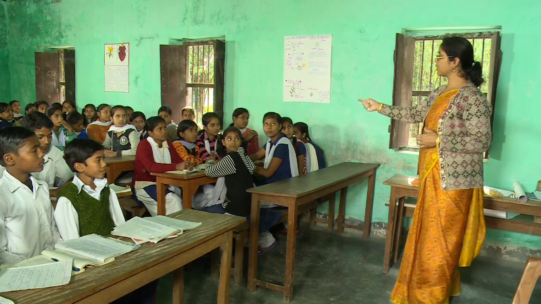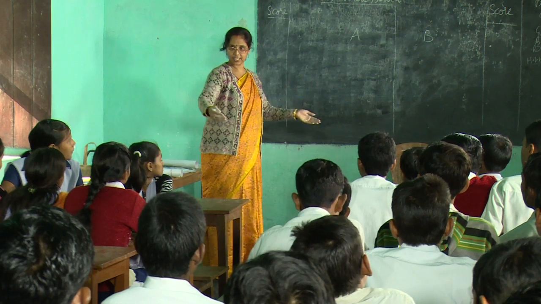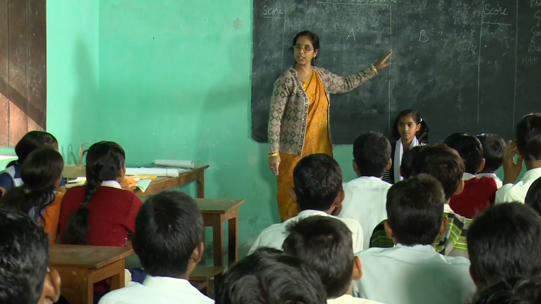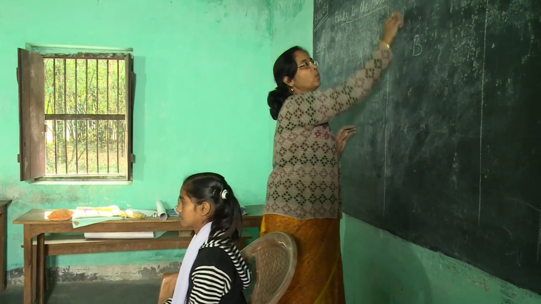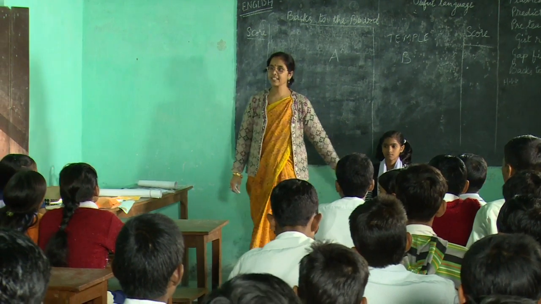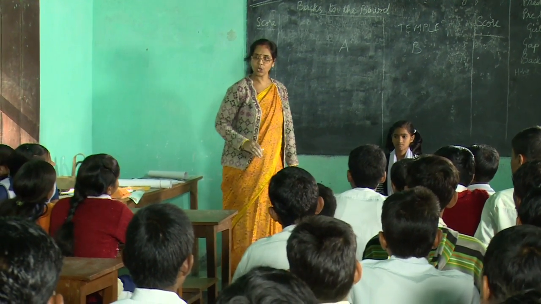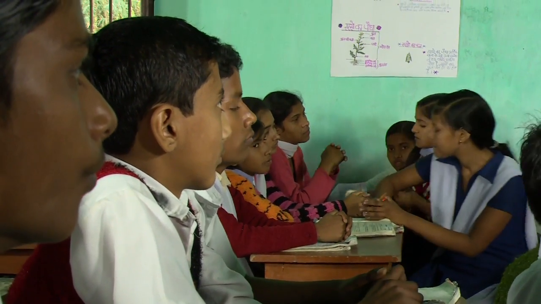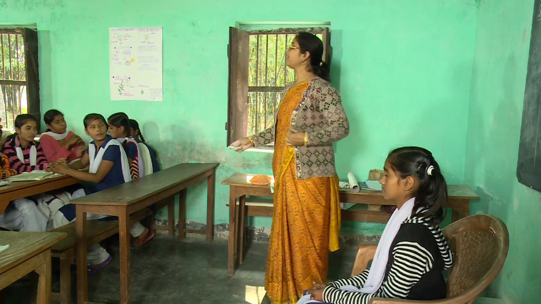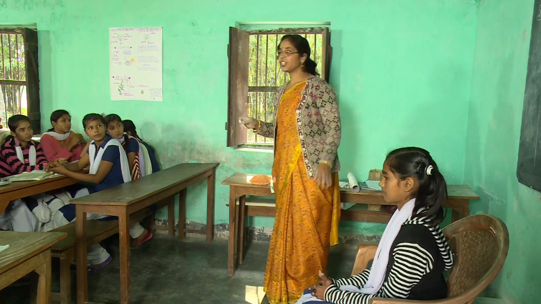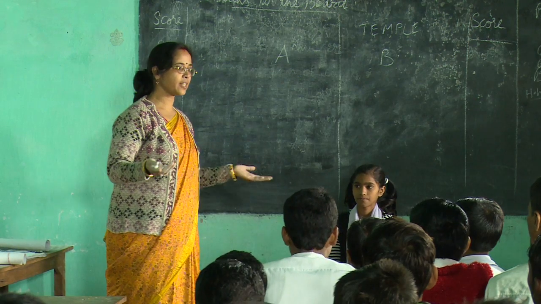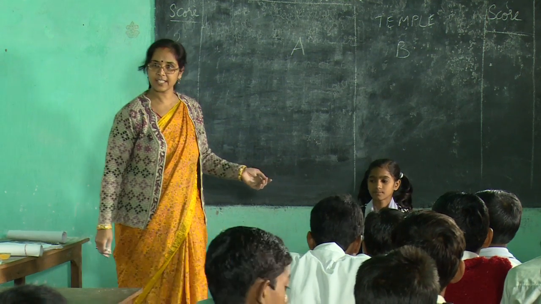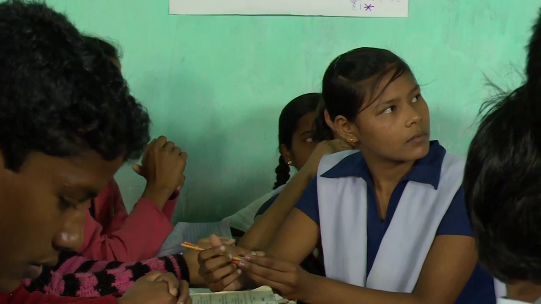One person from, say, group A will come and sit here. Dulari, please come. Dulari is facing the class and her back is to the board. If I write a word here, can Dulari see it? No. Alright. So, her group will give clues or hints so that she can guess the word. If she guesses it correctly, her team gets 2 marks. And in the same way, I will write a word, group B will give clues, and if that person guesses it correctly, 2 marks. If it is wrong, 0 marks.